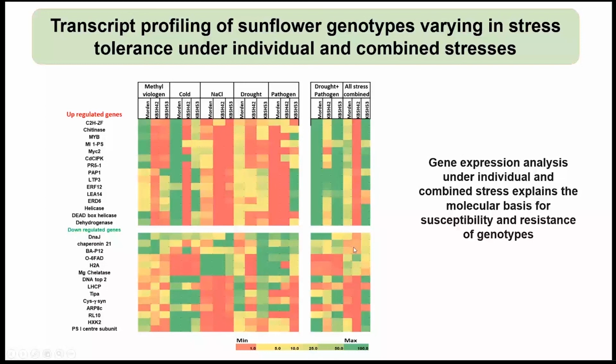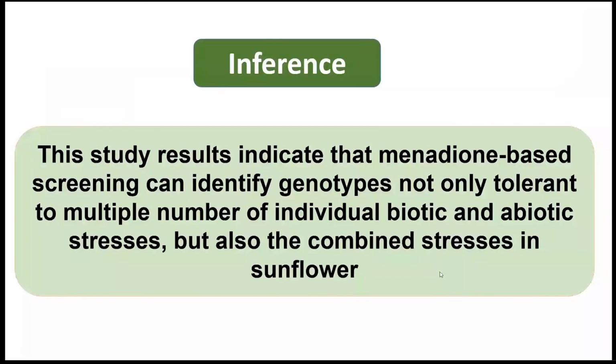In other words, the data that we are consistently gathering across the biochemical, phenomic, or the transcriptomic levels consistently state that oxidative stress mediated screening can potentially identify the genotypes that are tolerant not only to individual biotic and abiotic stresses but also to combined stresses in sunflower. So this is the inference of this study, and this study, I'm sure, can provoke a lot of future projects